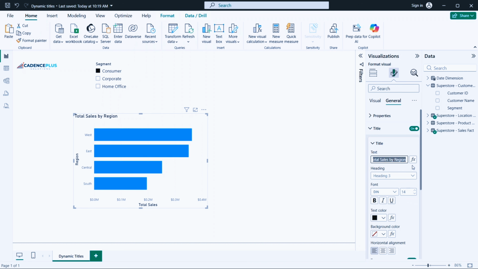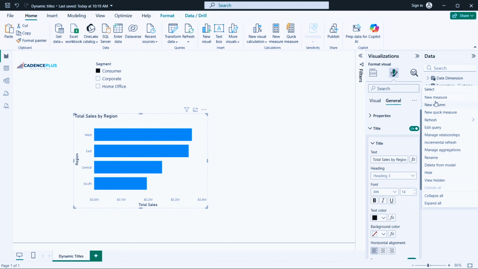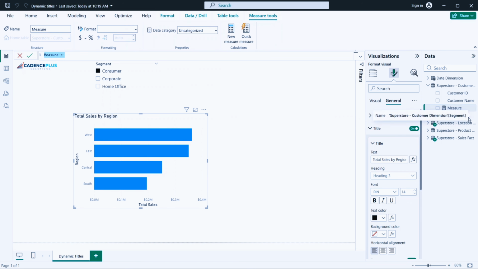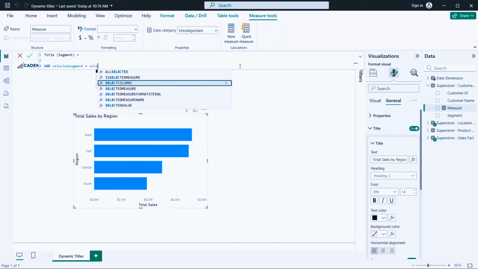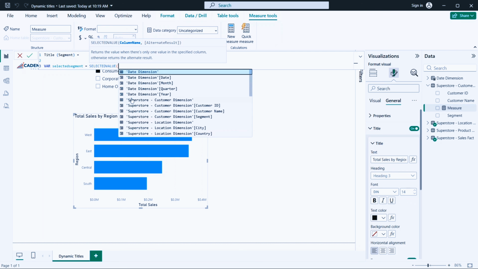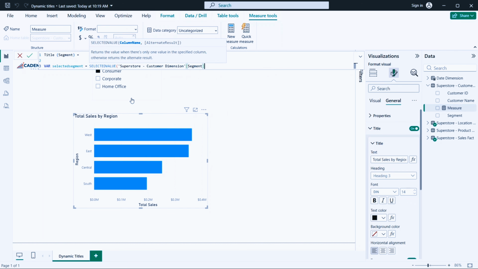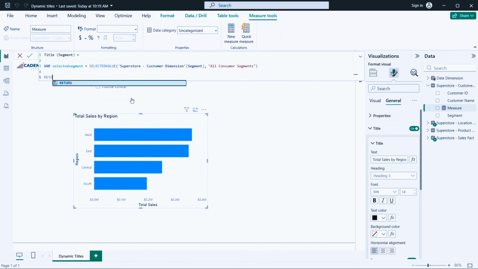Let's create the measure that will end up becoming our title. So if I come in here, I'll just go ahead and create new measure. And I'm going to call my measure title segment. So I want to add a variable, and I want my variable to be called selected segment. And this will be equal to selected value segment. And if there is no value, I want it to default to all consumer segments, right? I'll close that. Now I want to return this